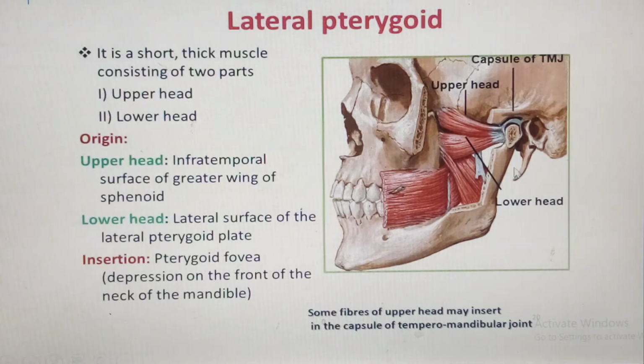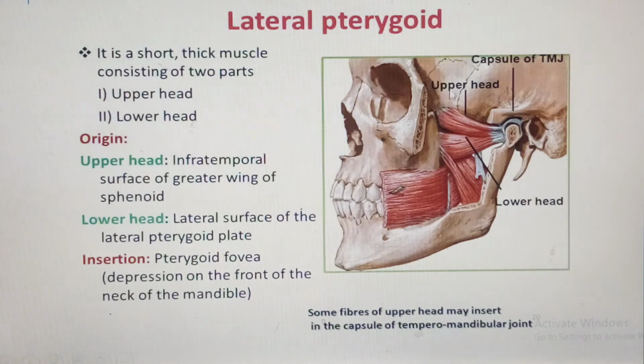Then the last muscle on this list, yes, is what we call the lateral pterygoid. Now remember, it is only the lateral pterygoid which is not causing elevation, because look at how the fibers are running. But this one, instead of having superficial and deep heads, is rather having a superior head or an upper head, and of course an inferior or lower head. So the upper head of the lateral pterygoid muscle will be coming from what we call the temporal surface. Okay, so there's the temporal area. So the infratemporal surface